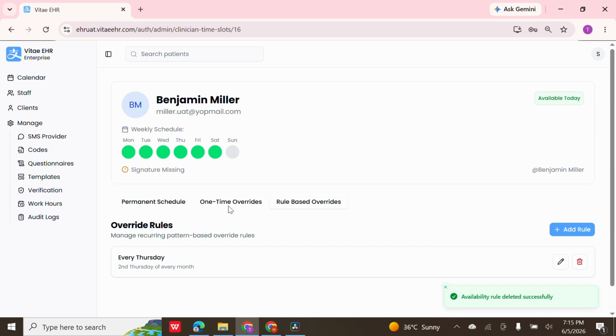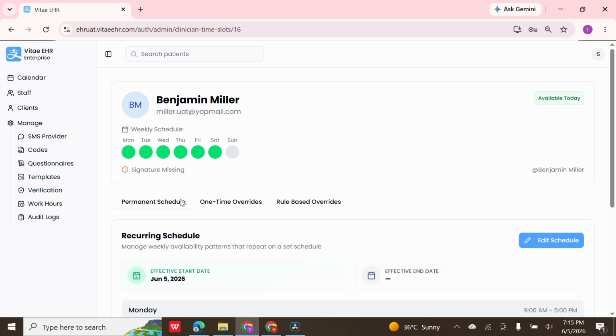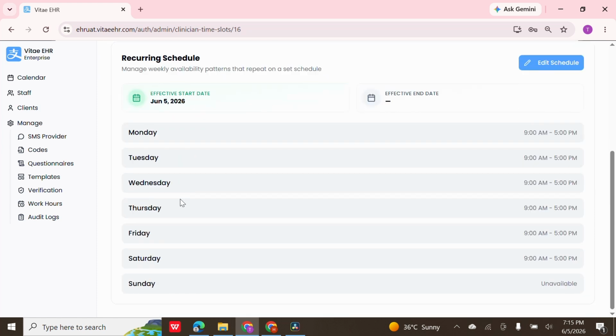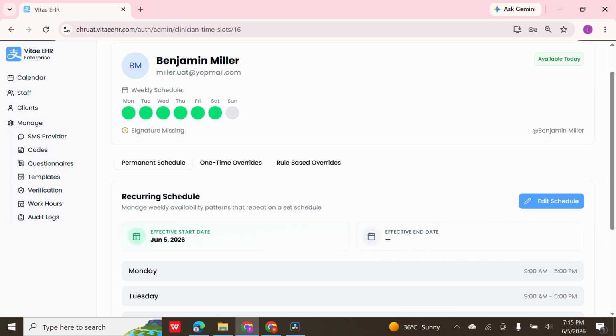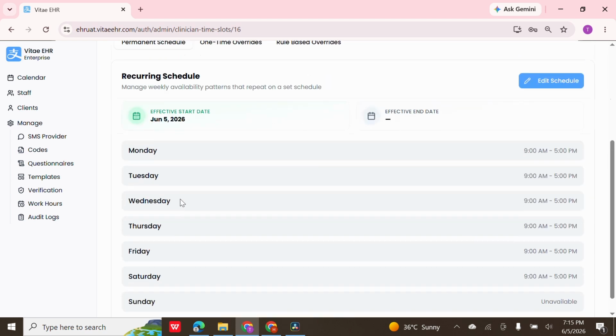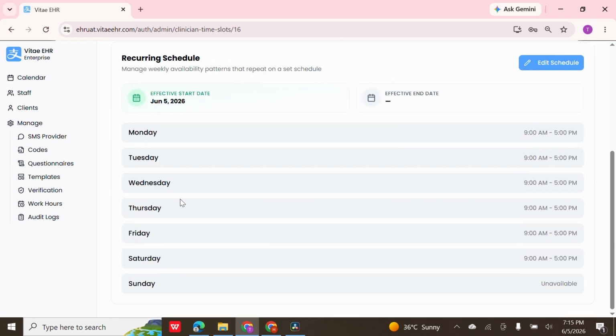This completes the practitioner availability management flow. We covered daily availability scheduling, effective start and end dates, custom hour overrides, whole day block overrides, editing and deleting overrides, weekly recurring rules,